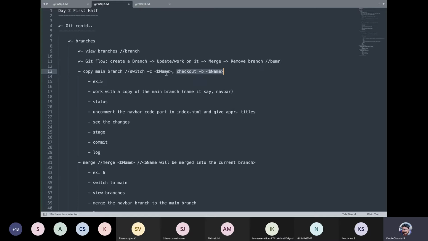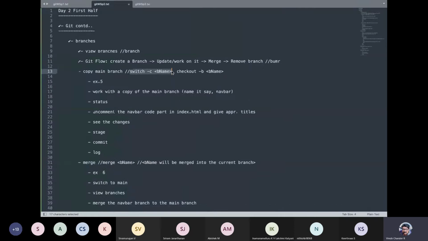Checkout is still widely used, but this is the recommended command as of now. You say switch followed by -c and then specify the branch name. This will copy the main branch, guys.